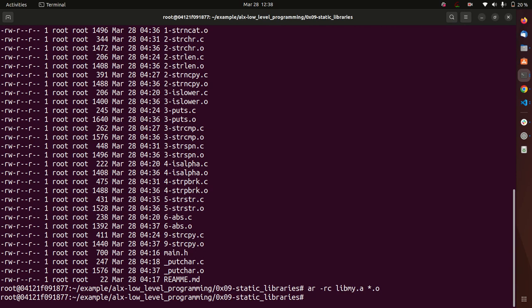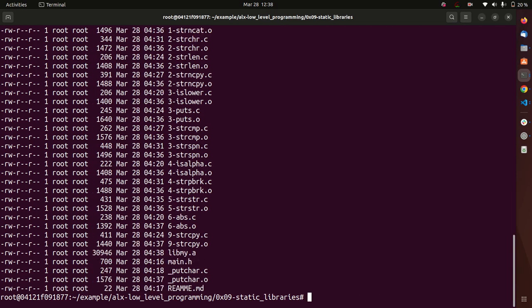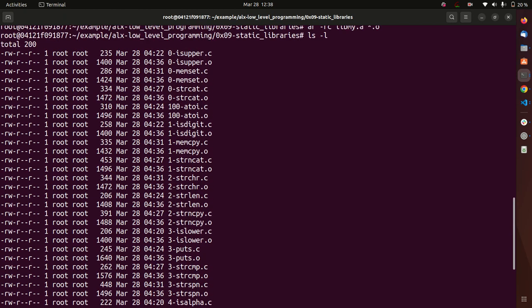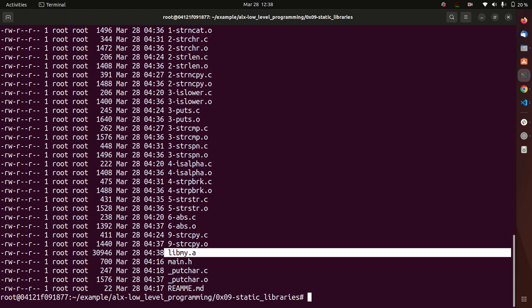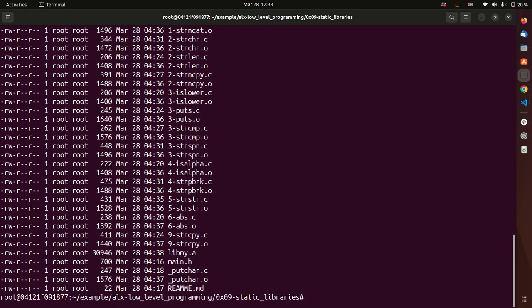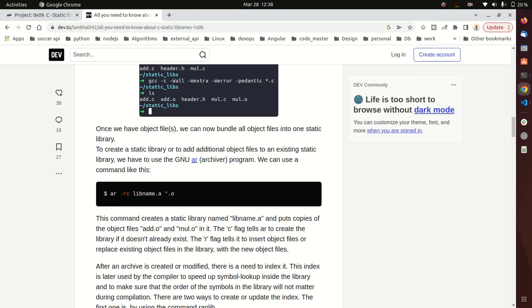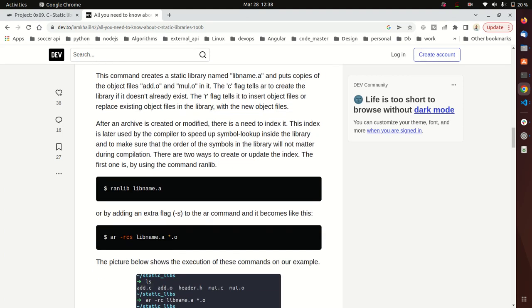Okay, so if we check now, we should have the static library file. This is it. So this is the static library file. Okay, so the next command we want to do is to index the